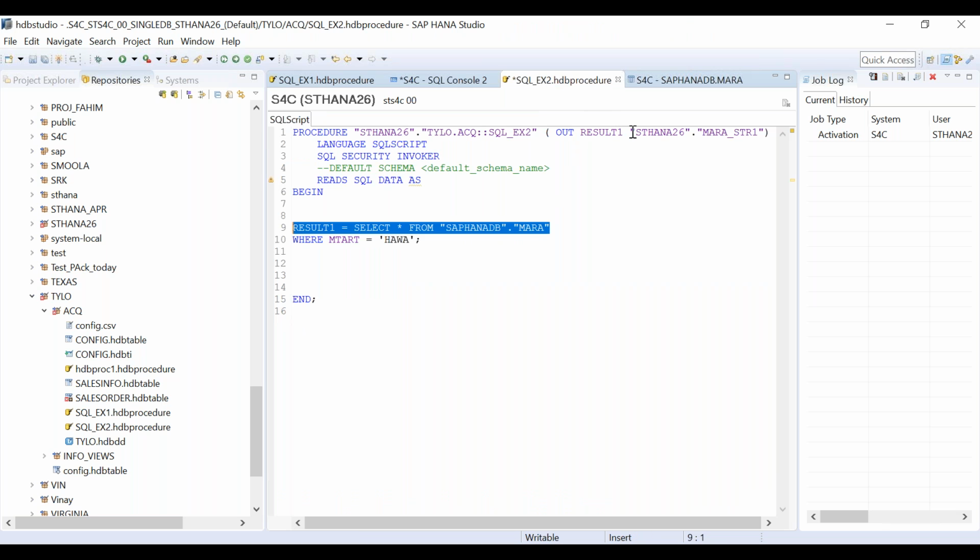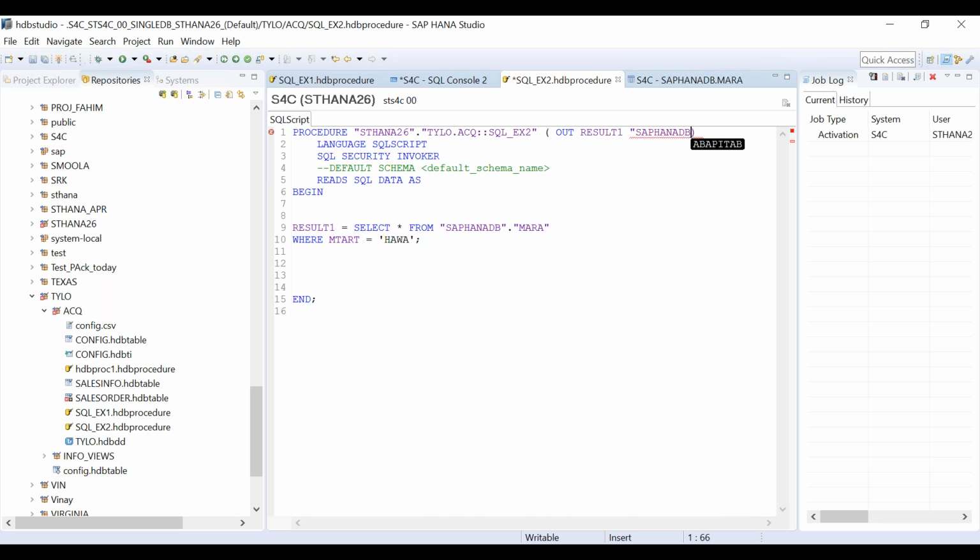So instead of using the table type which we explicitly defined, you can directly use SAP HANA DB dot MARA. Now this table name itself is a table type also, because a table is also a structure potentially. So now when I do this, you see the beauty.